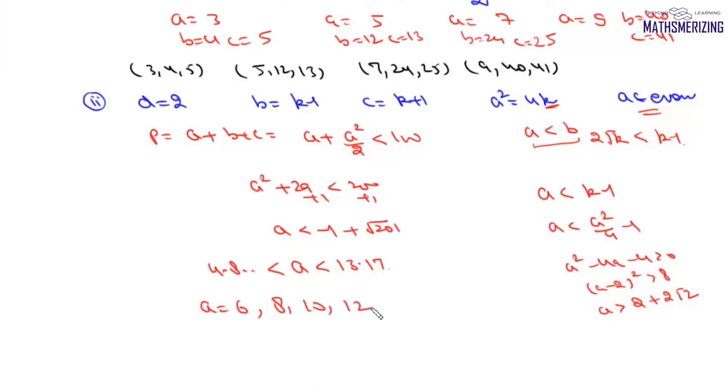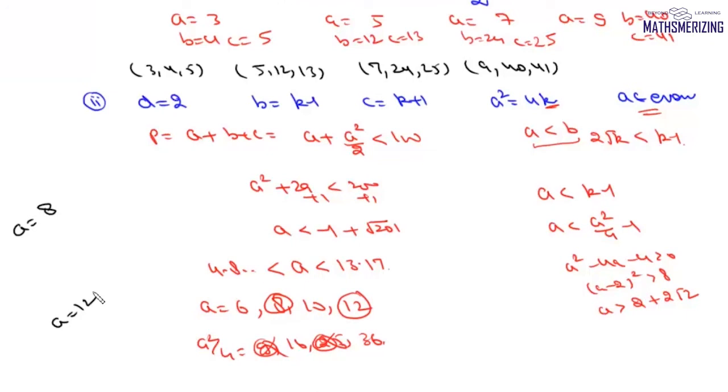Now out of these 4 values, we also have this problem that this A square must be equal to 4K and this K, it must be an even number. So we'll take A square upon 4. A square upon 4 will be A by 2 square. So it will be 9. Here it will be 16. Here it will be 25 and here it will be 36. Now this number K in this case will be an odd number. So K cannot be an odd number. So the only possible value of A here are 8 and 12. So from this case, we'll get 2 values of A, which are either the value of A is 8 or the value of A is 12.